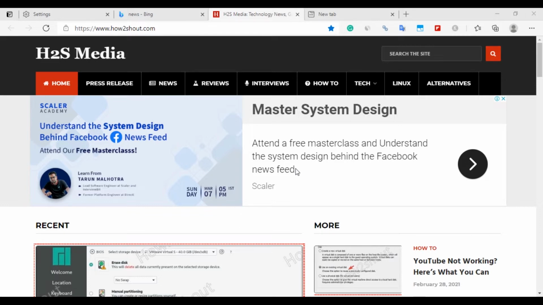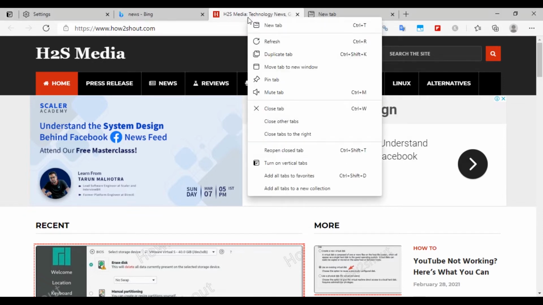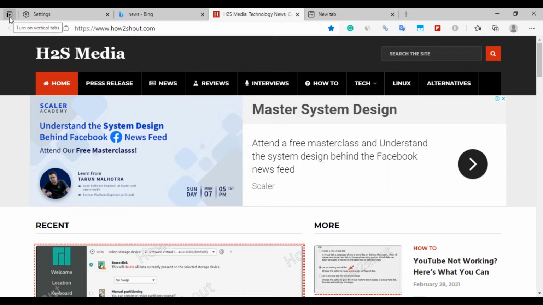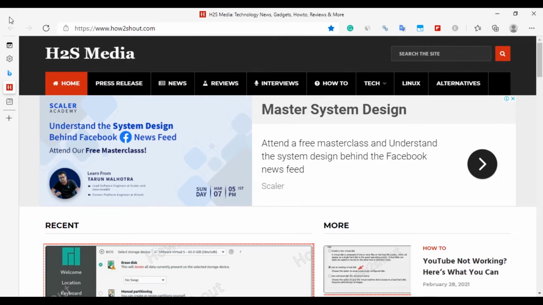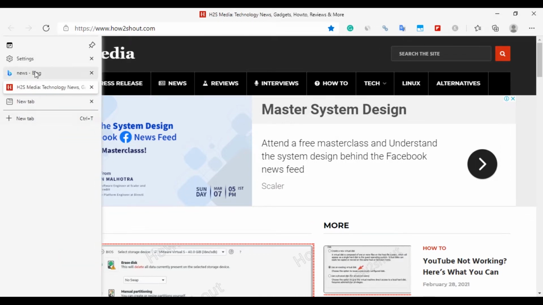bar you have to right click on any tab in your browser. Like I'm clicking here, and there you have to select Turn on vertical tabs. If you don't want to use this option, then you can also use this shortcut which is here. You can see that. Just click on it and you will get all your tabs vertically on this left